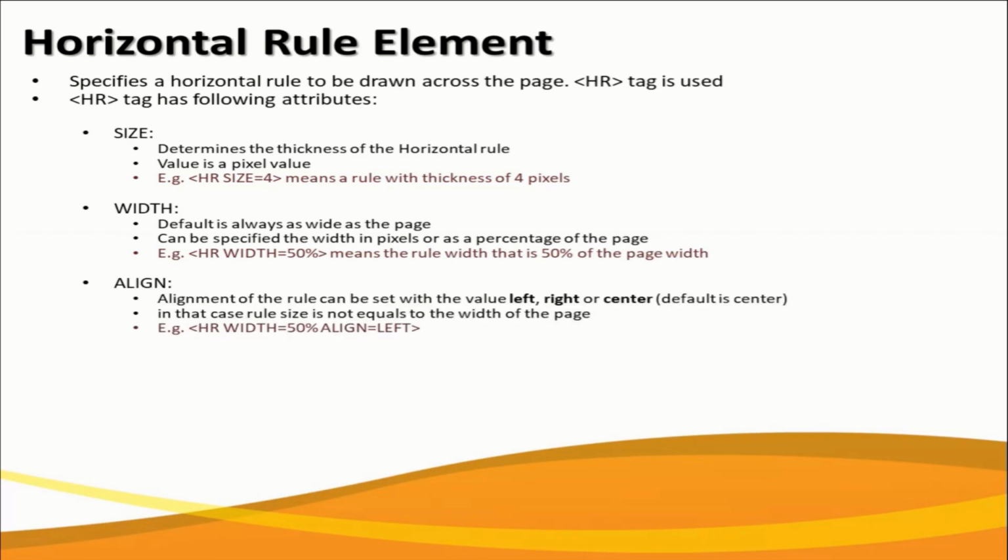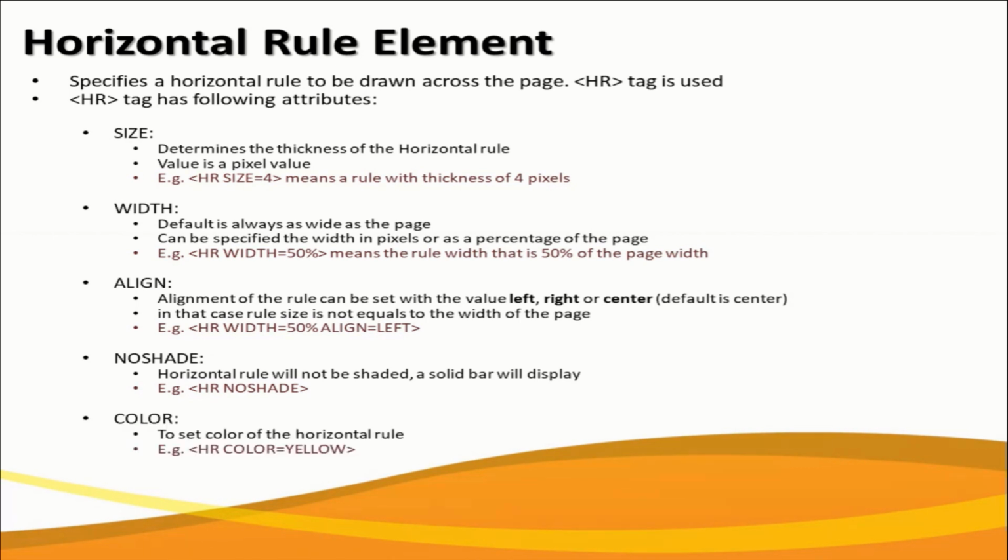You can set the alignment of the horizontal rule by using the align attribute. Its value can be left, right or center. The default is center. With no attribute set, the horizontal rule element will show a solid line. With the color attribute, you can change the color of the horizontal rule. The value of color can be defined via hexadecimal or the name of the color, as was discussed in the font color section.